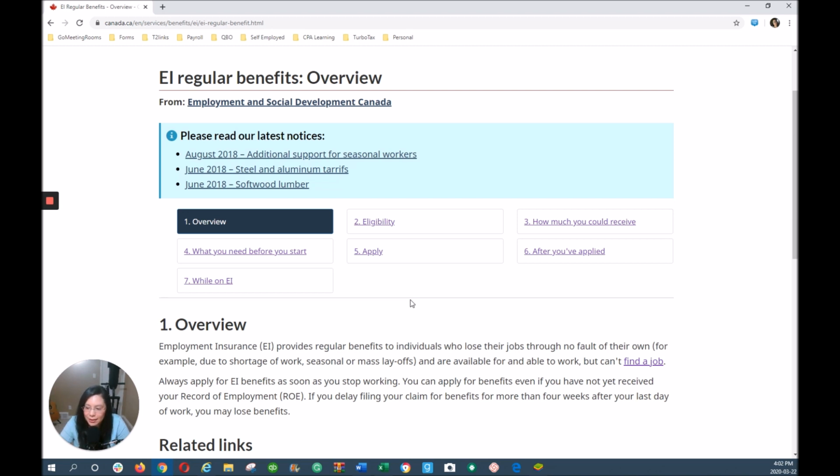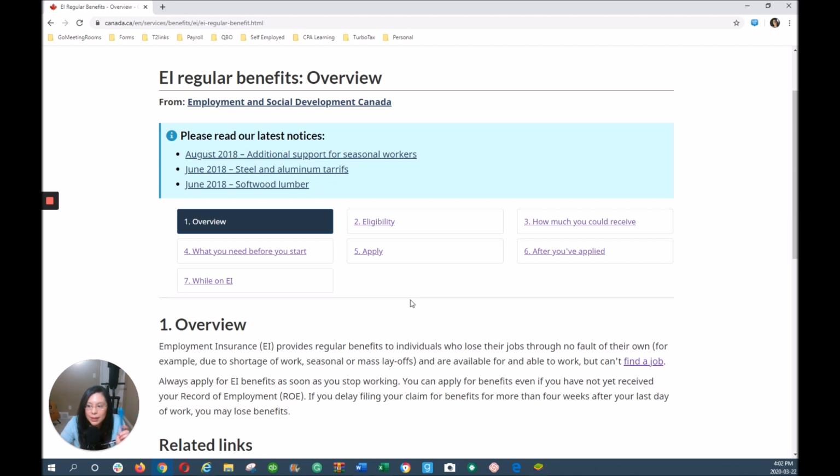I can't stress enough how important it is to really take your time. Do not rush the application. Make sure that you read chapters 1 through 4 before you hit section 5 and go ahead with the application. The other reason why it's incredibly important to review chapters 1, 2, 3, and 4